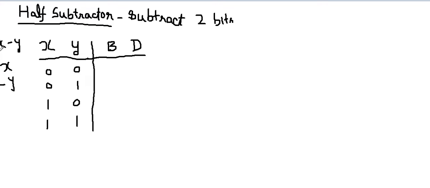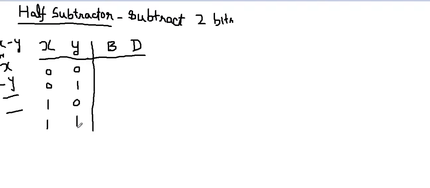So this is the same as x minus y, right? Let's take these inputs in the form of two binary numbers, which are combinations of 0 and 1: 0 0, 0 1, 1 0 and 1 1, like we have already done in